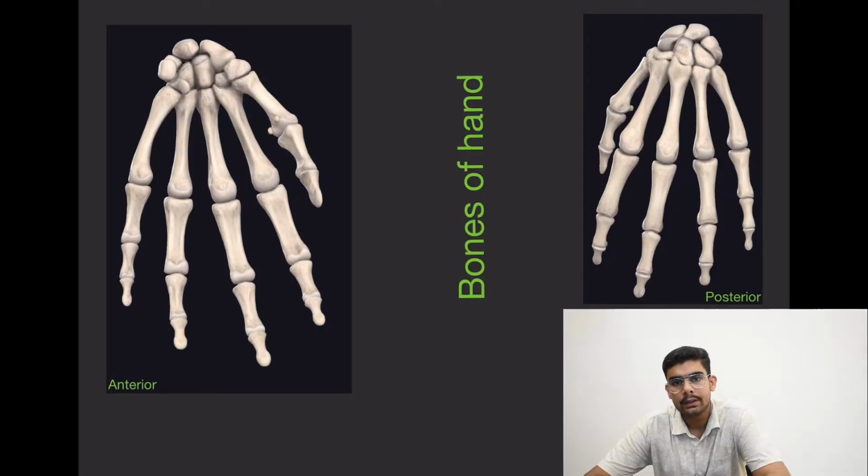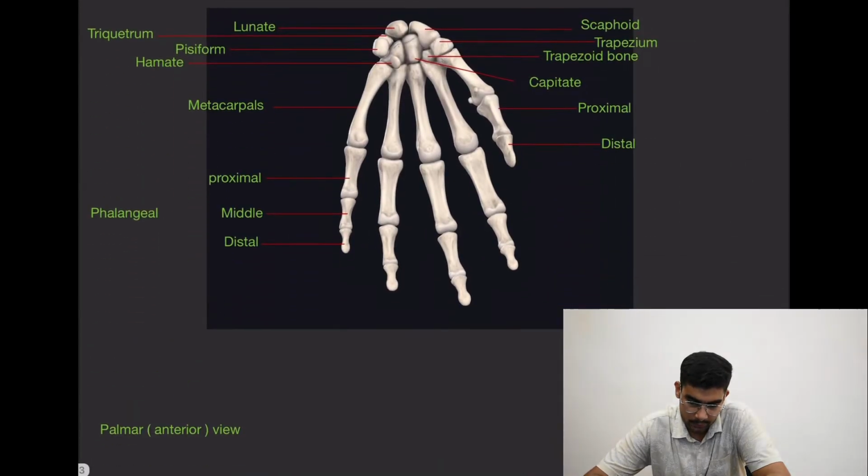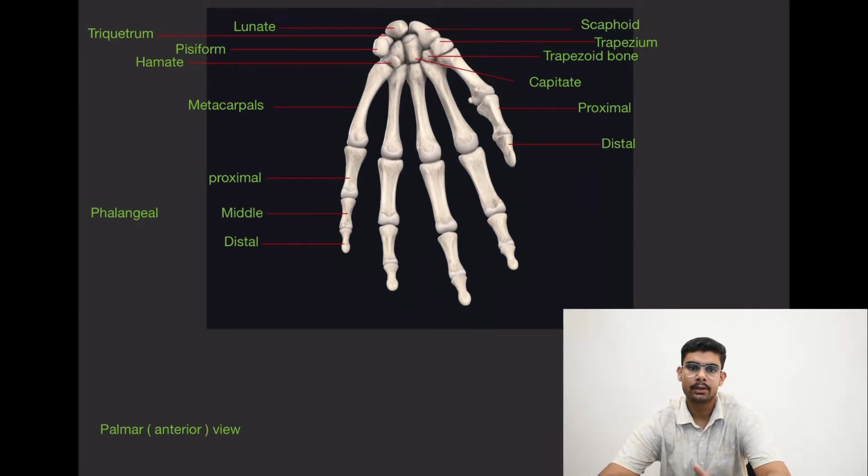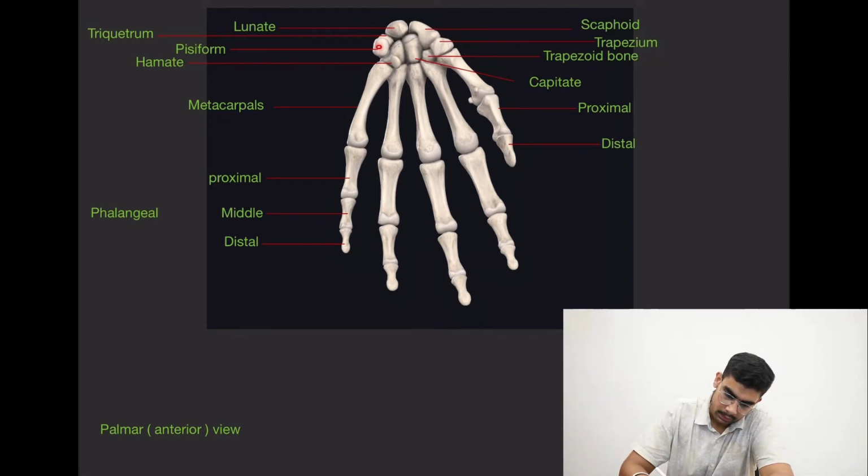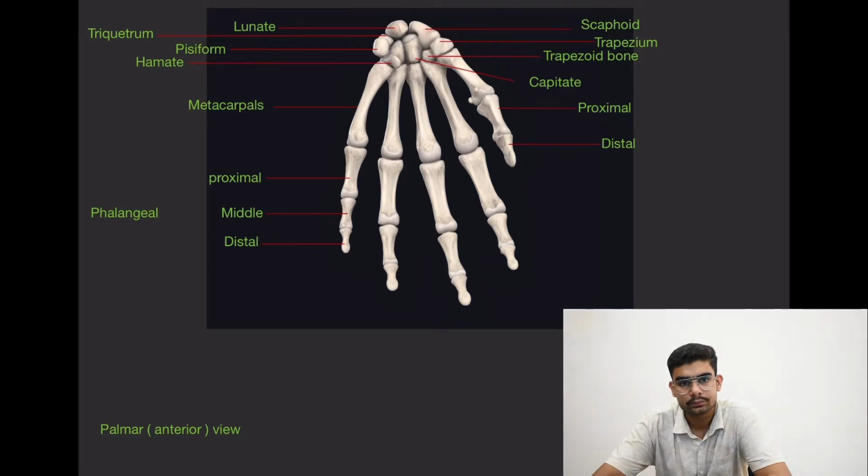First of all, in detail, we will learn about the carpals. The carpals are cuboid bones which are divided into two groups, the proximal group and the distal group. The proximal group is pisiform, triquetrum, lunate, scaphoid. The distal group is hamate, capitate, trapezoid,